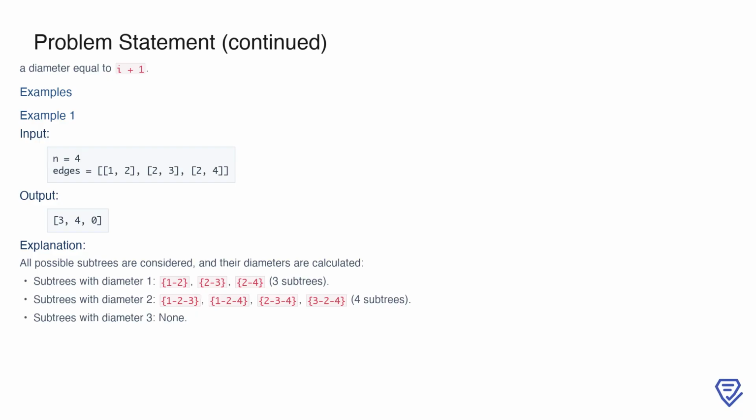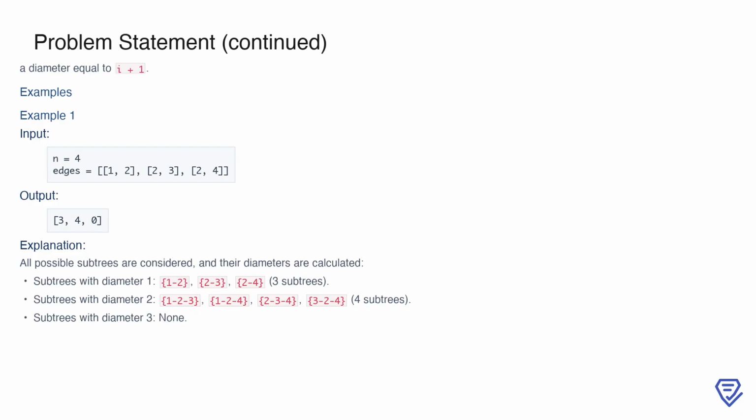This means there are 3 subtrees with a diameter of 1, 4 subtrees with a diameter of 2, and no subtrees with a diameter of 3. Let's break this down. Subtrees with a diameter of 1 include 1 to 2, 2 to 3, and 2 to 4, each involving a single edge. Subtrees with a diameter of 2 include {1,2,3}, {1,2,4}, {2,3,4}, and {3,2,4}, which are slightly larger. Finally, there are no subtrees where the maximum distance between two cities is 3 in this